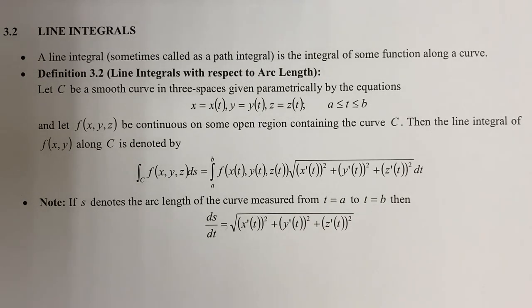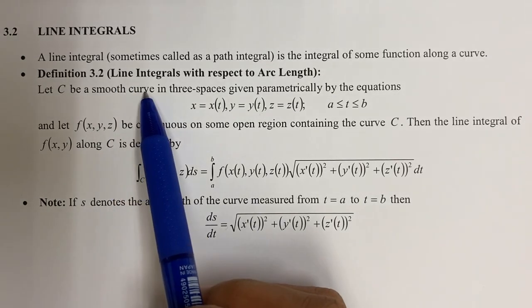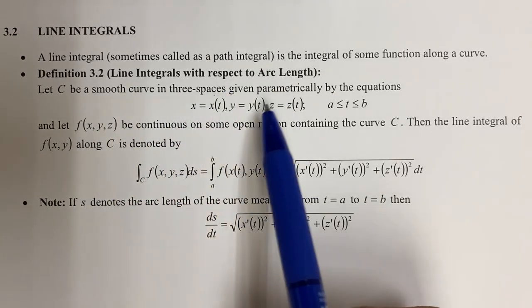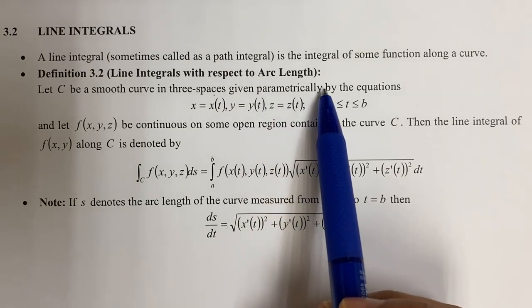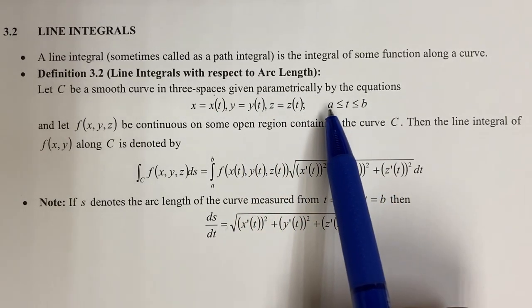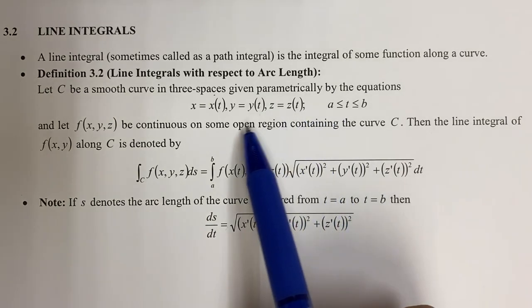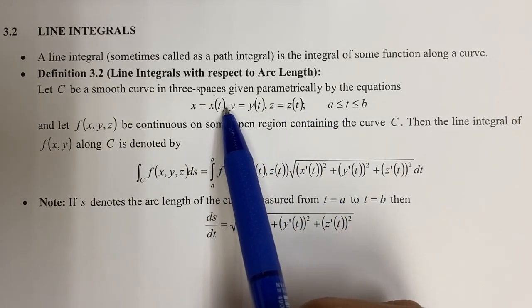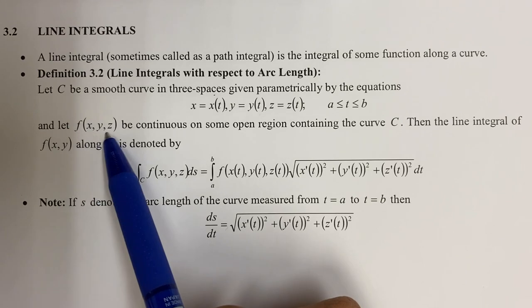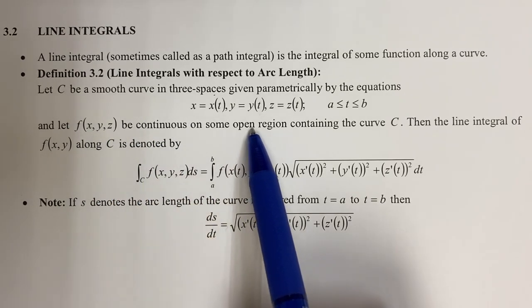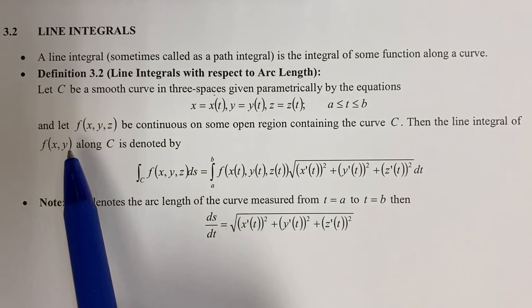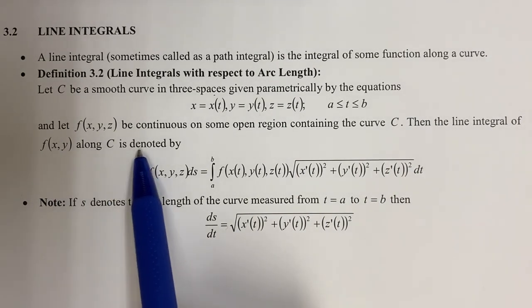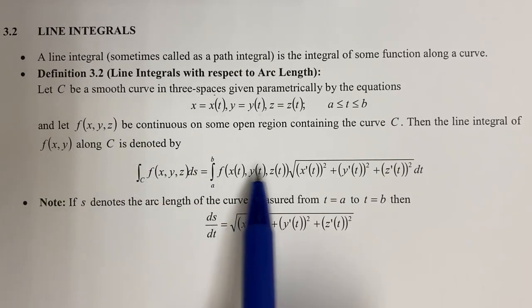Let C be a smooth curve in 3-space, x, y, and z, given parametrically by the equations x, y, and z, functions of t, and let f(x,y,z) be continuous on some open region containing the curve C. Then the line integral of f along C is denoted by